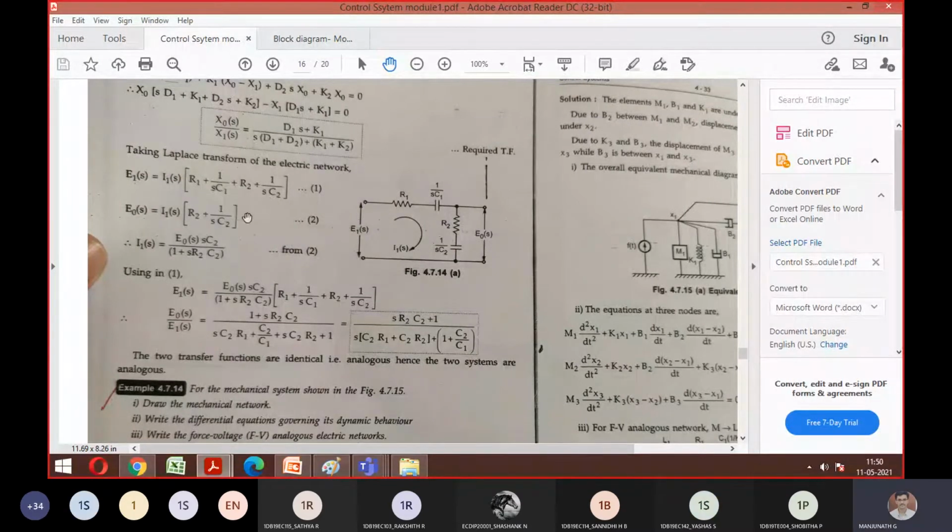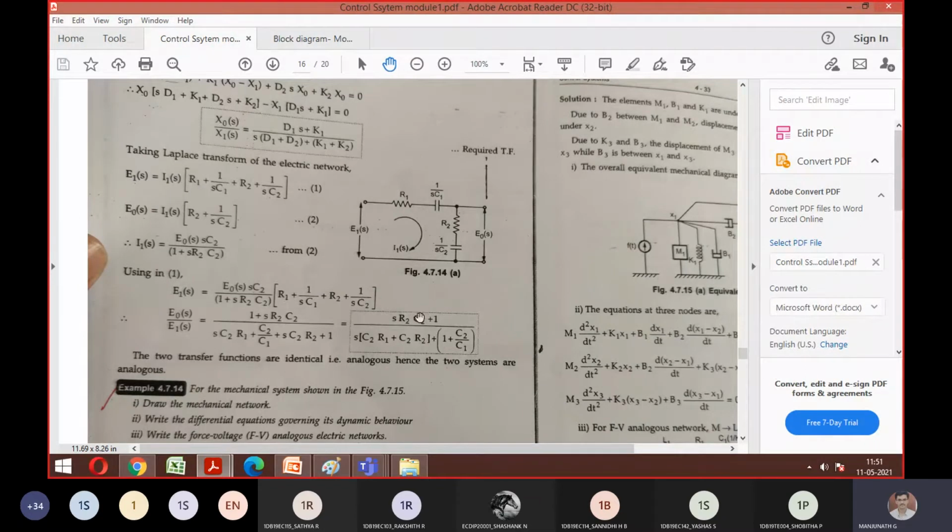So now look here. For output, this is nothing but I is the same, R is R2 and this. That's why I wrote this equation. Then from equation number 2, the same procedure. Only I1 is required, remaining cross multiply. Substitute this I1 in this position. So E1 of S, you can see it has been substituted. Then cross multiply, and you can simplify the same way as we did in the earlier concept.